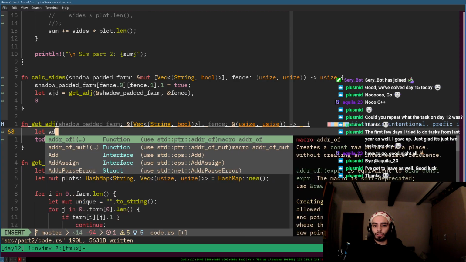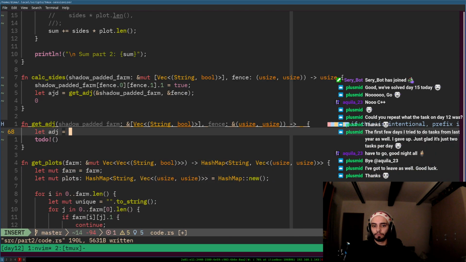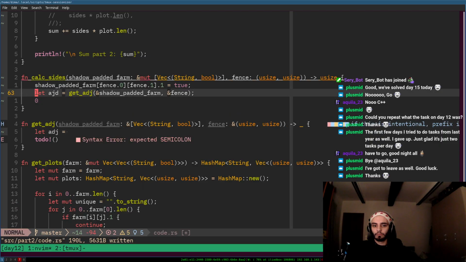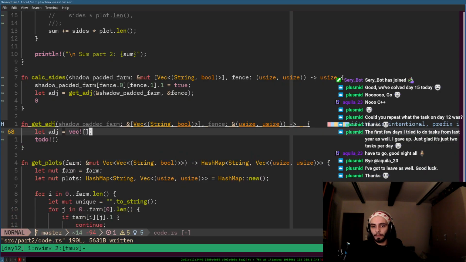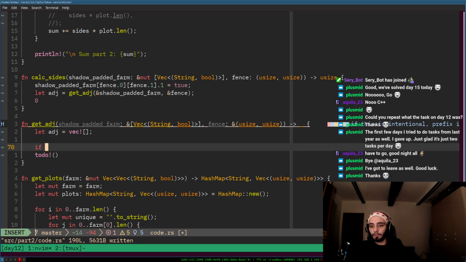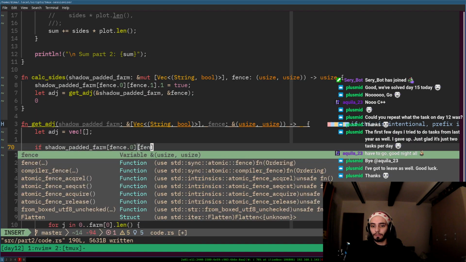Okay, so let edge is going to be equal to, it's going to be a vec. Okay. Then for every single direction, if shadow farm of fence.0, fence.1 equal